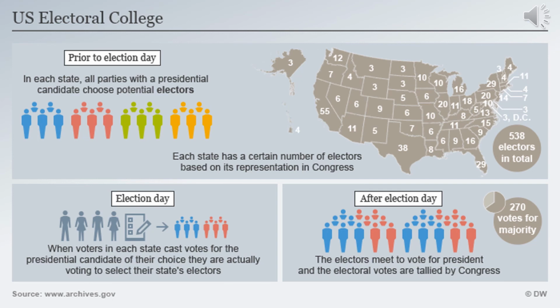Now, then we have Election Day, when we, the people, go out in each state and vote. There are 51 different votes. There's 51 different elections. Texas has their presidential election. Delaware has theirs. Florida has theirs. And so what happens is, what you're voting for is not necessarily for president. When you go in and vote for Donald J. Trump in November, or you vote for Joseph R. Biden, you're not voting for them. You are voting for a slate of electors to then go to Washington, D.C.